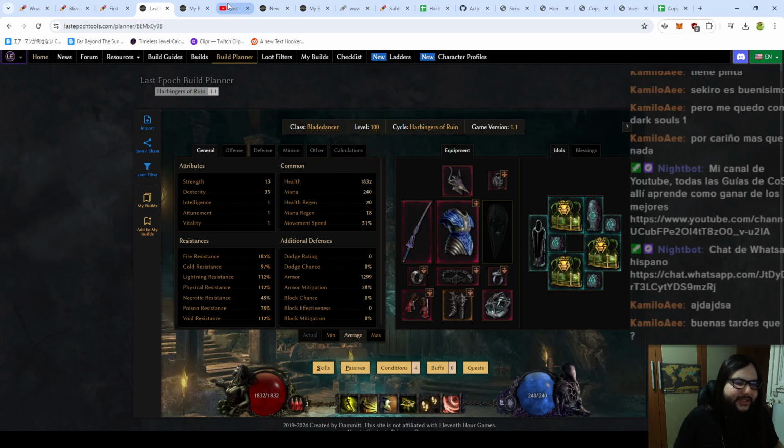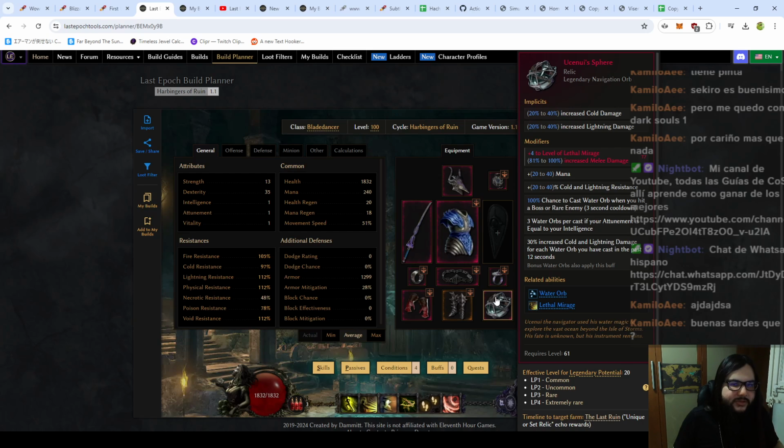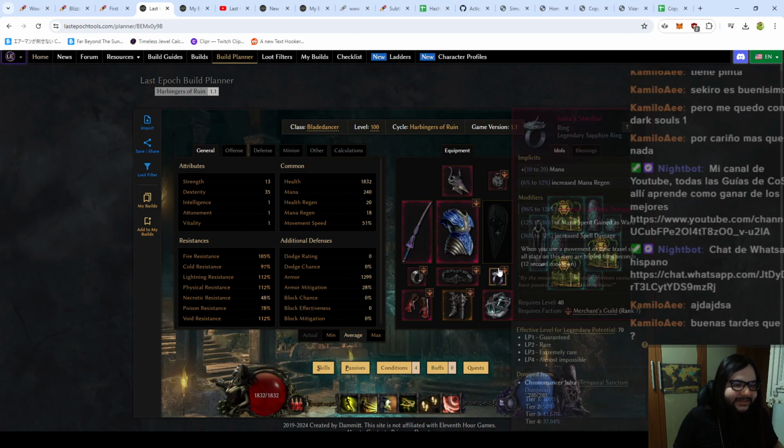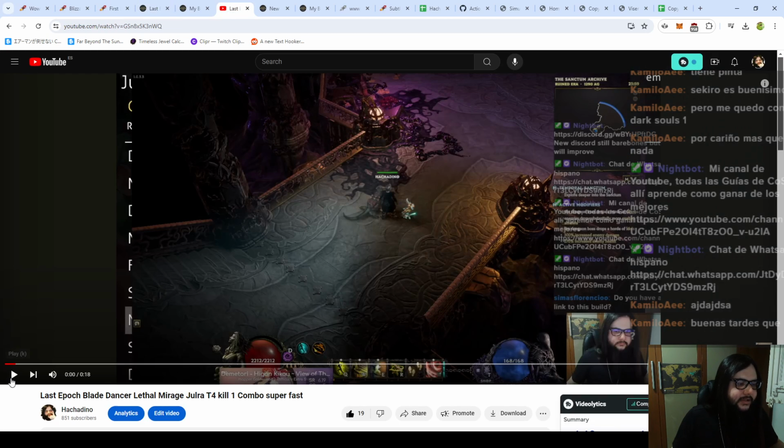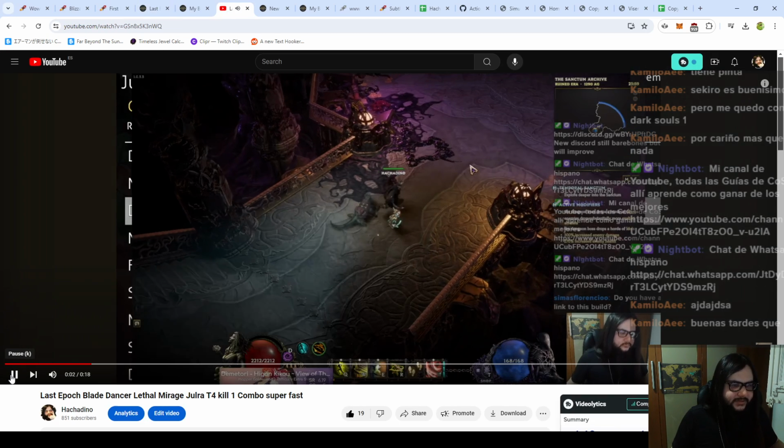This of course works with the gear that we have. Back then I didn't use the Usenui's Sphere, I didn't know it existed, but I did use the Julra's Star Dial. I will explain a little bit later, but this gives us a lot of damage. And then the combo that we will do in this case is go